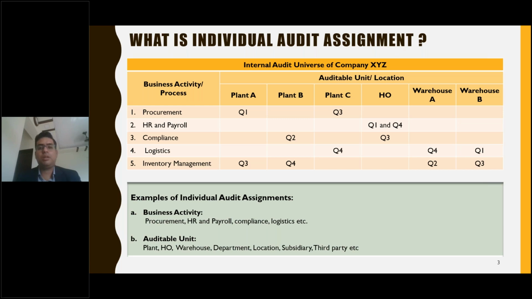Then there are the auditable unit or the location, you can say, where there can be multiple plants, there will be HO, there will be multiple warehouses of the company. So that way you will list down all those locations, and then based on your experience, based on your discussion with the management, their understanding, according to them which are the areas which are critical, and you will decide the audit